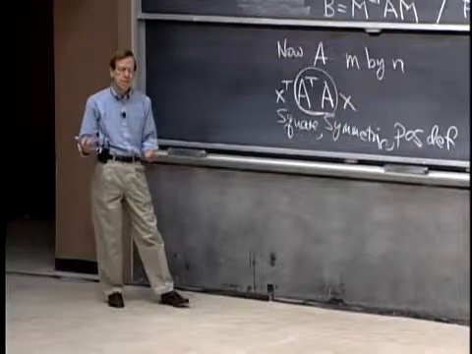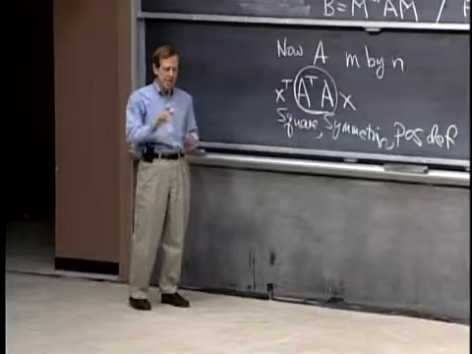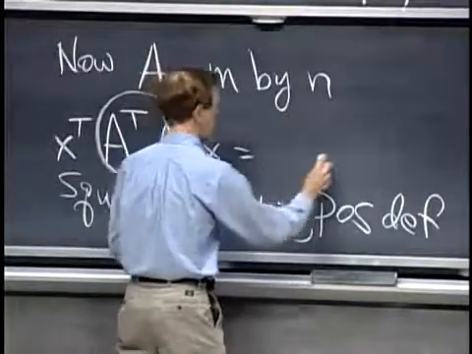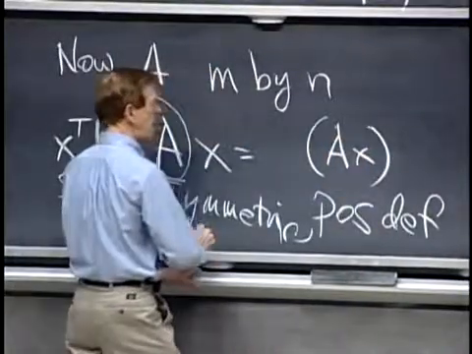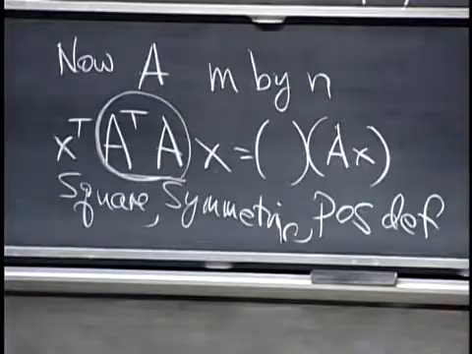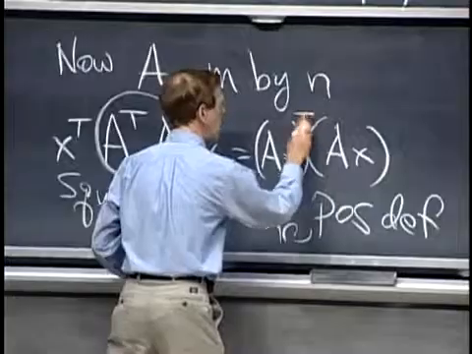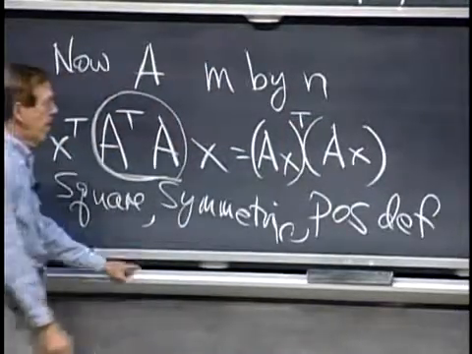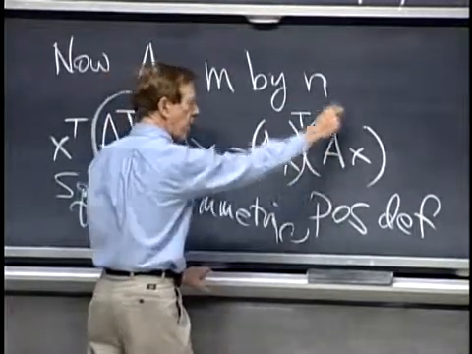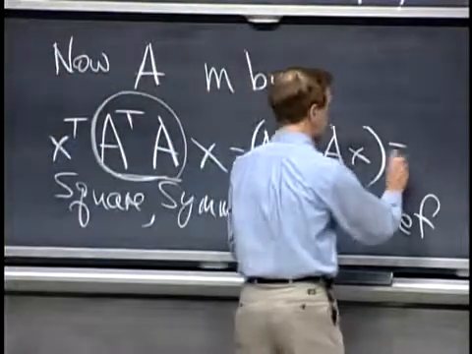The argument is like the one key idea in so many steps in linear algebra. Put those parentheses in a good way. Put the parentheses around AX, and what's the first part? What's this, X transpose A transpose? That is AX transpose. So what do we have? We have the length squared of AX. That's the column vector AX, that's the row vector AX. It's length squared,